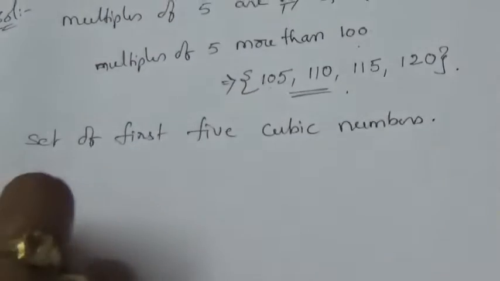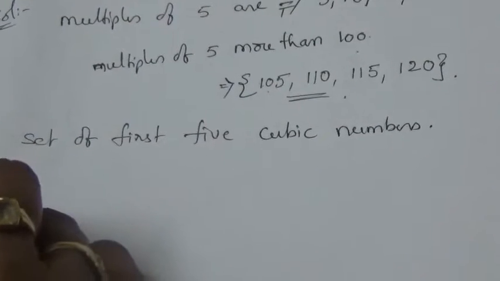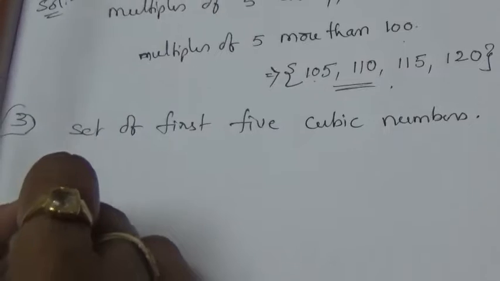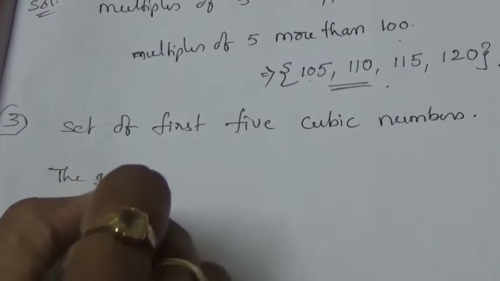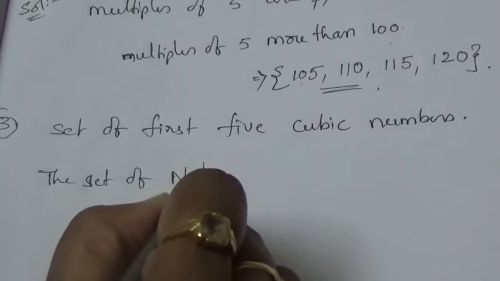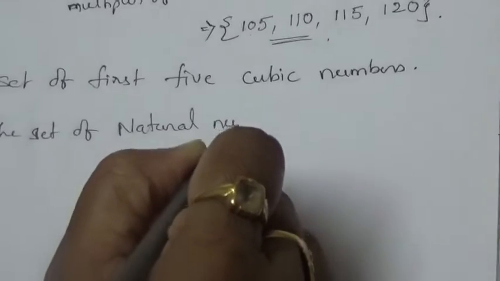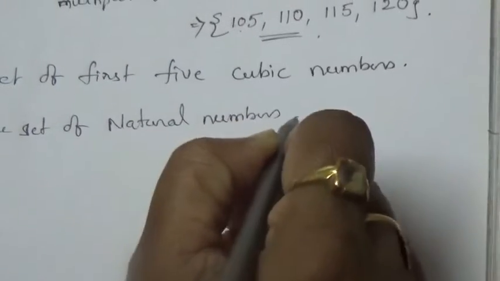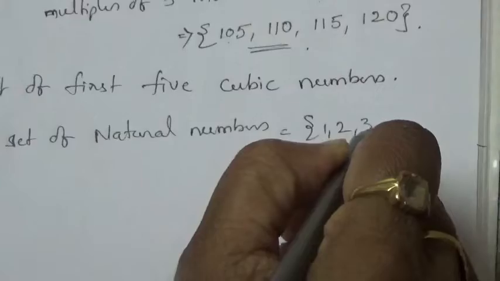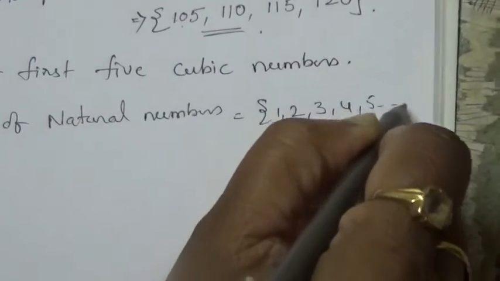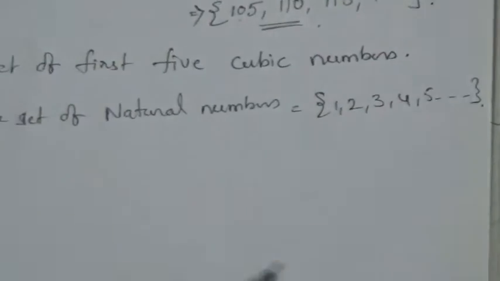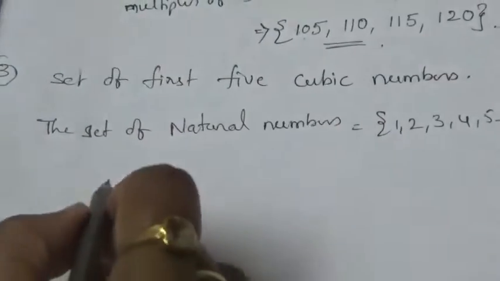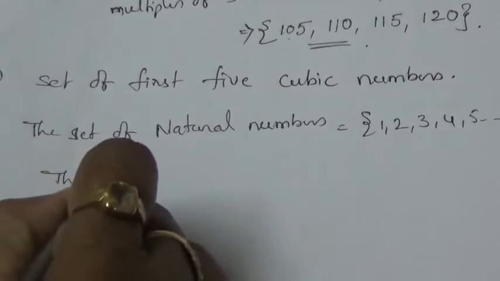First 5 cubic numbers, we have to write. First of all, write the natural numbers. The set of natural numbers is equal to 1, 2, 3, 4, 5 and so on. But we only want 5. That is, the first 5 cubic numbers are the cubic numbers